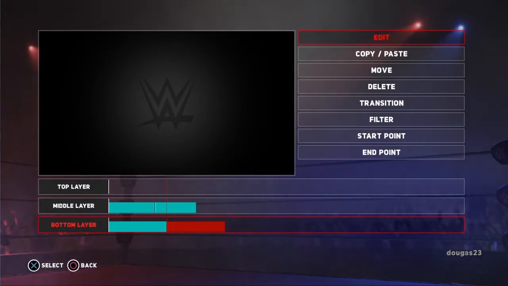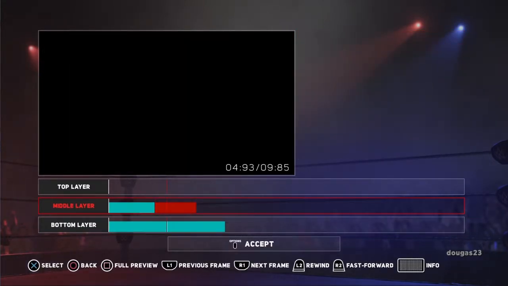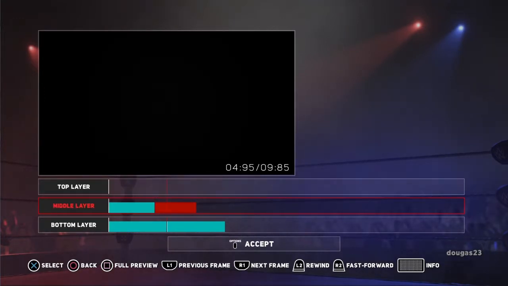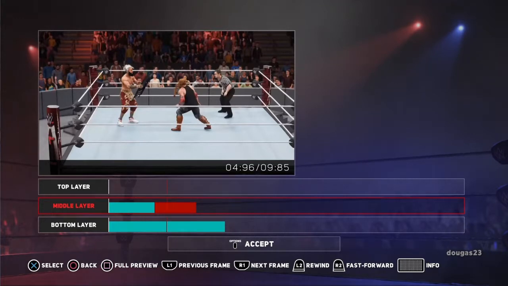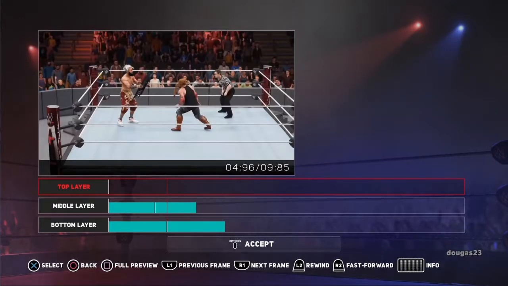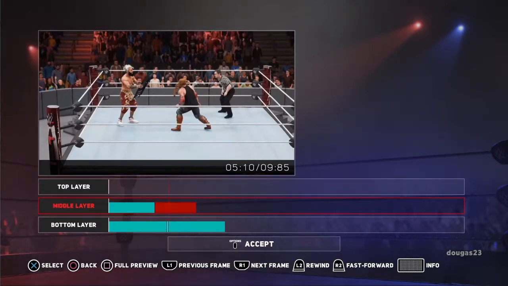Or actually no, let's leave that in, and then I'll show you guys how I get a nameplate in there. Oops. So for some reason it's not letting me move automatically to the end frame. There we go. So I'm going to go back to the middle layer,